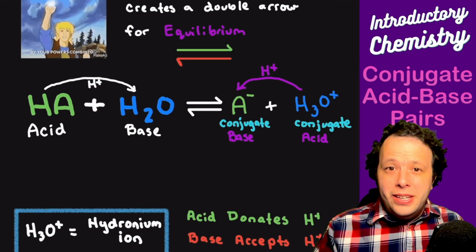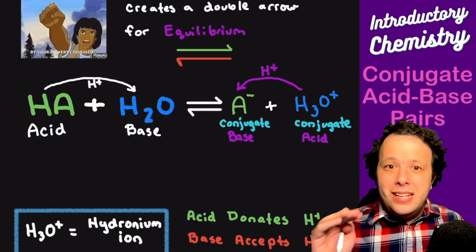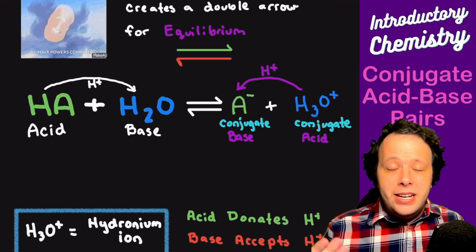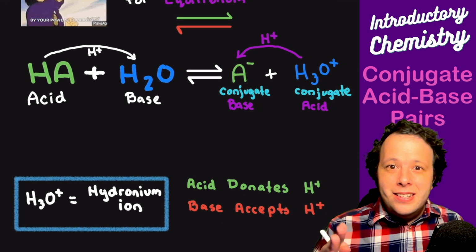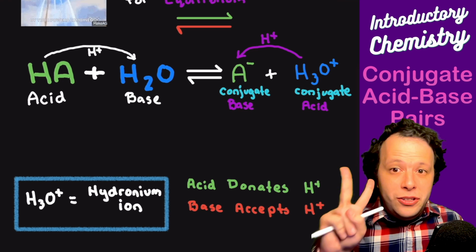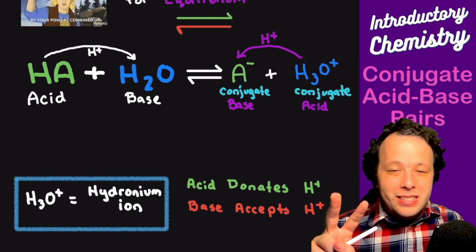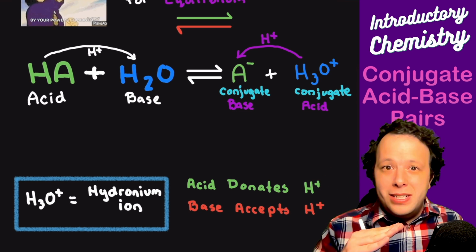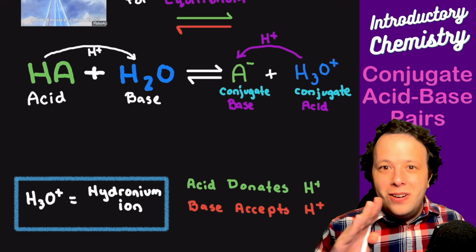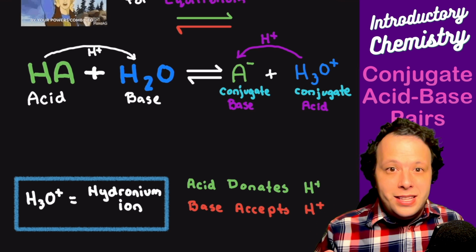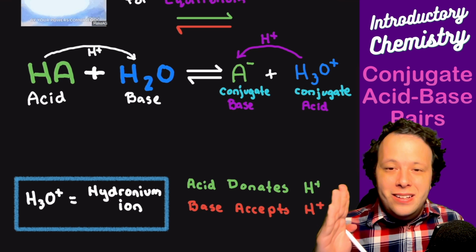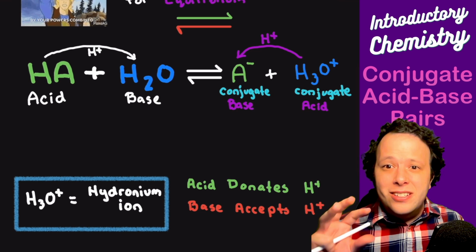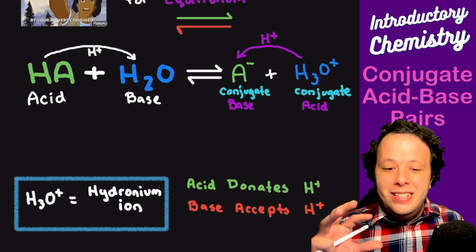So now that we labeled that, what we can now see is that there are acids and bases on the left and the right. Now, the thing about this is that there are going to be two pairs of acids and bases. So not only are there some on the left and the right, but there's also between the two sides of the reaction too. What you are looking for is essentially common anions or common cations in these equations.